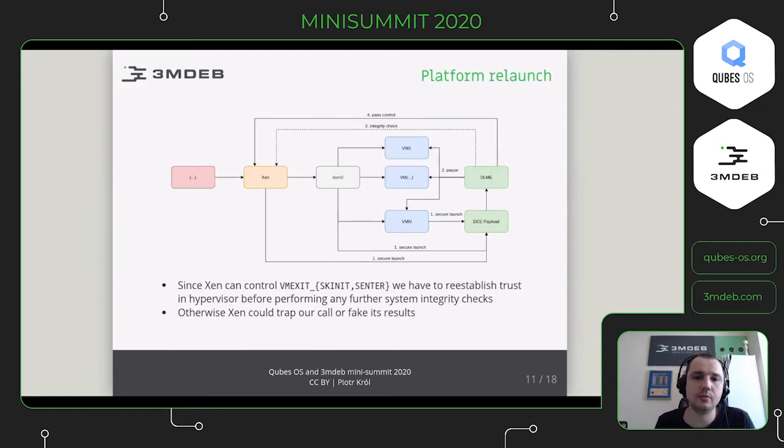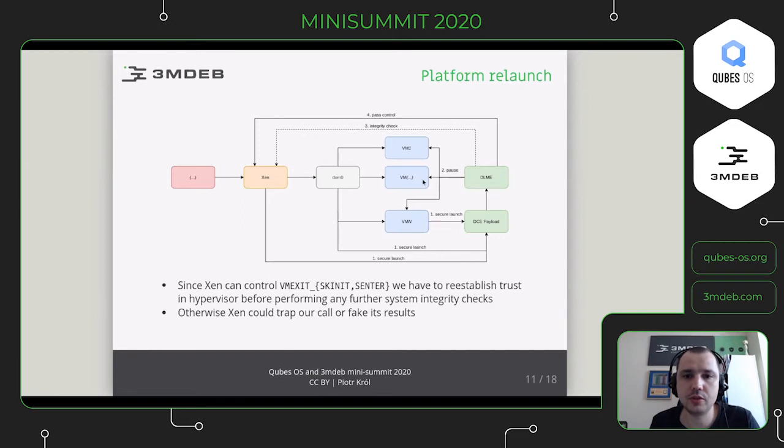Okay, so this was Flicker, and based on Flicker, we're trying to propose some scenarios where D-RTM may be used. One of the scenarios is platform relaunch. It simply extends the case that I explained at the beginning. First, one of the components in the system, either a VM or Xen, Dom0, runs secure launch. There is a specially crafted DCE payload which runs our dynamically launched measured environment, which is probably some small kernel plus initrd or maybe some program,